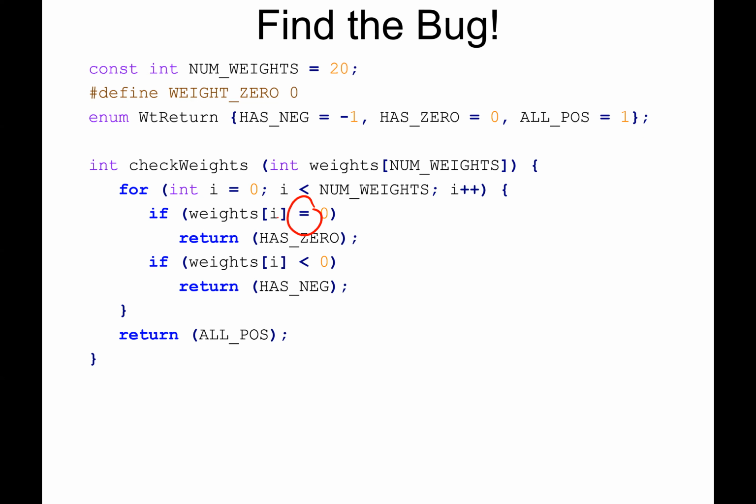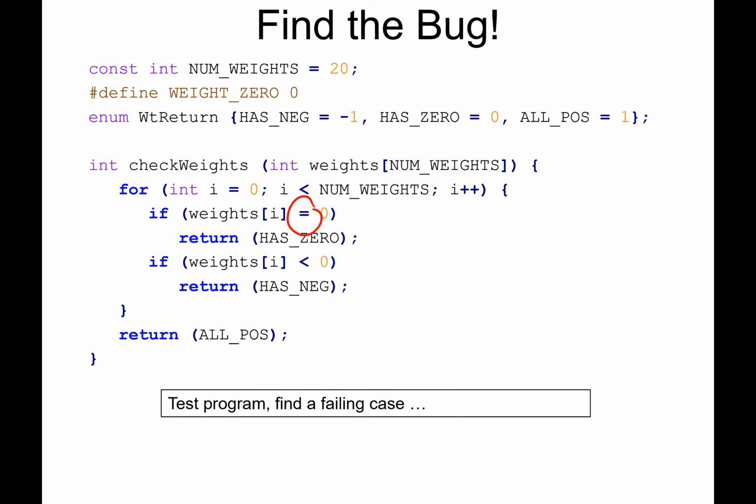Yeah, so you've got very good eyes. Okay, so well done. This is actually a bug that usually people have a lot of trouble spotting because this is legal C++ code, but it's kind of bizarre. It's a common error. Basically, instead of checking if weights of I is equal to 0, we're actually setting weights of I to be 0. Okay, we meant to say equals equals. That's what we thought, but it's not what we wrote. So this code is broken.